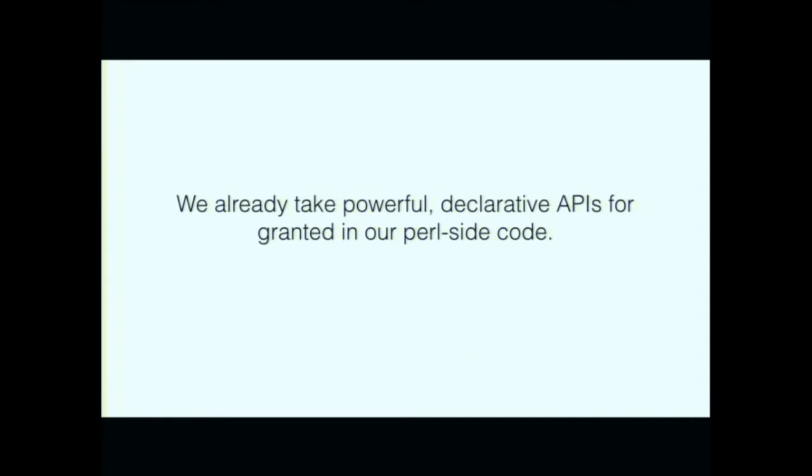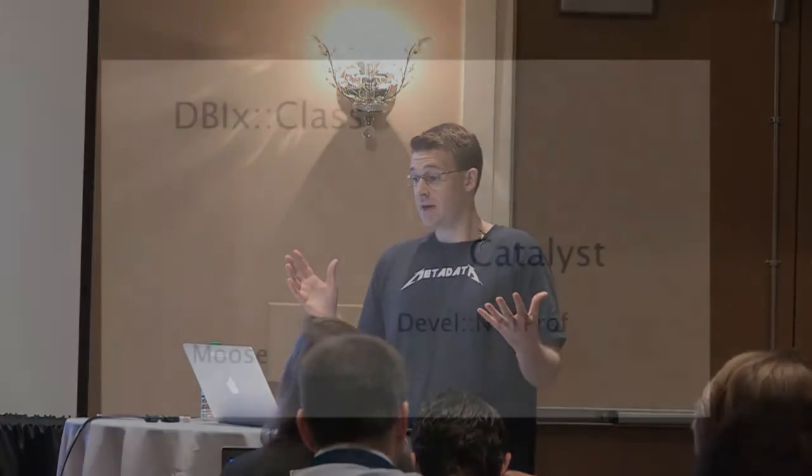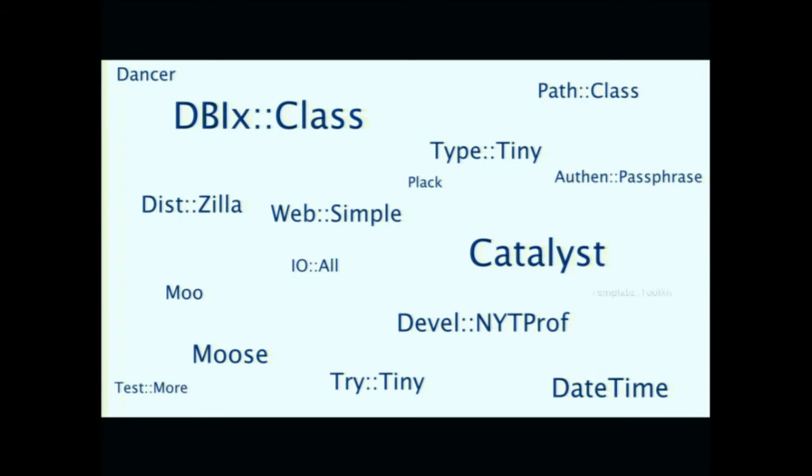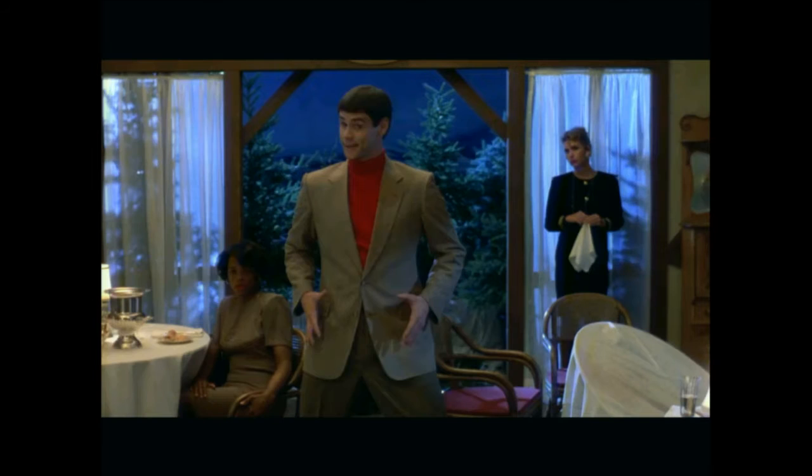We already take powerful declarative APIs for granted on our Perl side code. And this is how I learned that I wanted these sort of APIs. Perl spoiled me to realize how good APIs can and should behave. And being frustrated with switching to the front end and not having that same environment. It's great to program when you have lots of high-level, powerful tools at your disposal and the ecosystem of Catalyst. It makes me feel great as a developer. Developing is fun in that environment. It makes programming feel like, well,